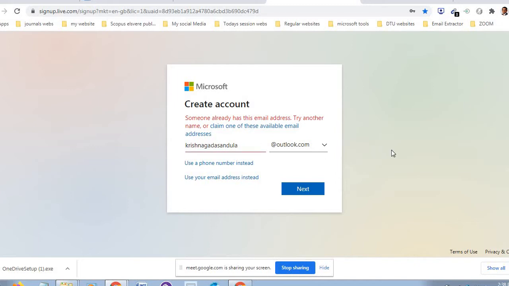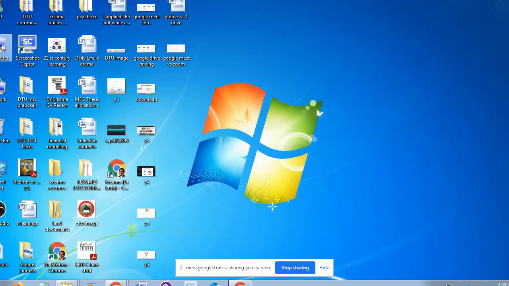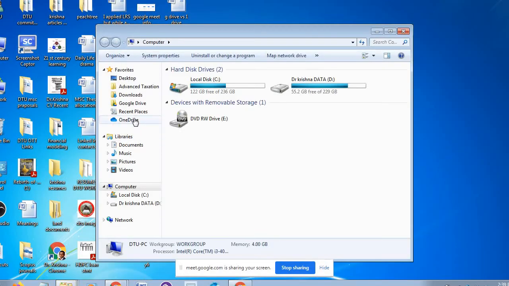So create your Microsoft account by using this link, signup.live.com. I will forward this link to you. After this session, every link will be forwarded to you. Click on that link, sign up and download OneDrive. The moment you finish downloading, it will automatically come and sit under favorites.